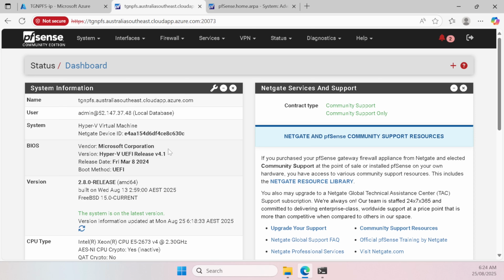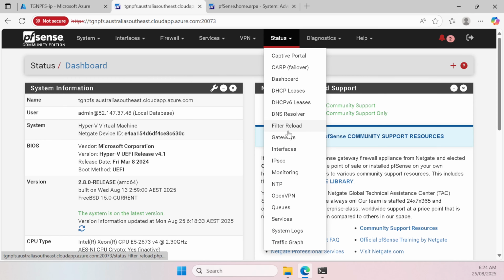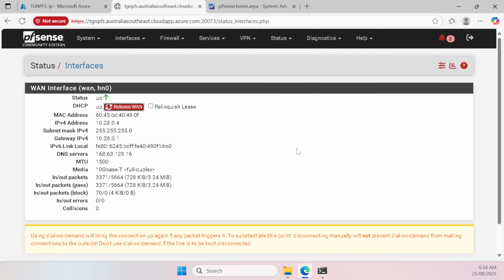Now let's have a look at the current status of our interfaces. What we can see on our WAN interface is we've got IP version 4 running, but we only have an IP version 6 link local address, and we want to have both. We want dual assignment. So we go into our interfaces, go to WAN,